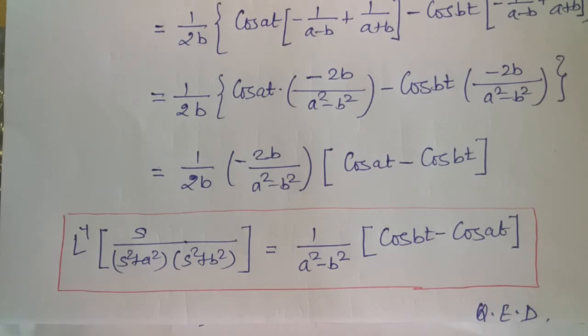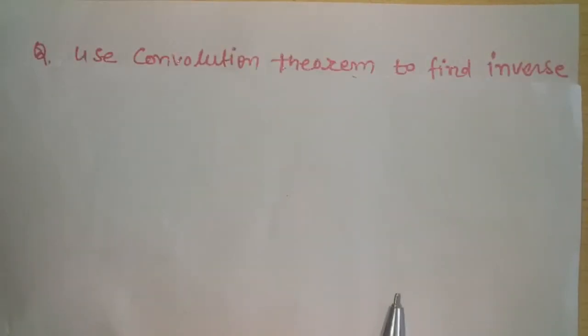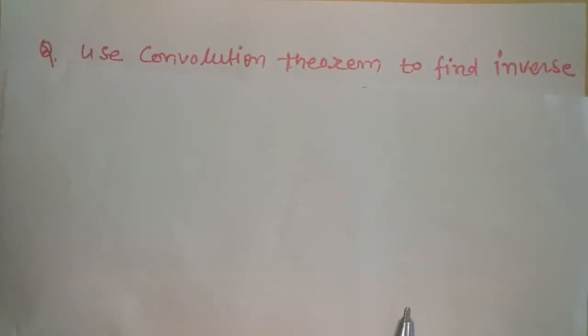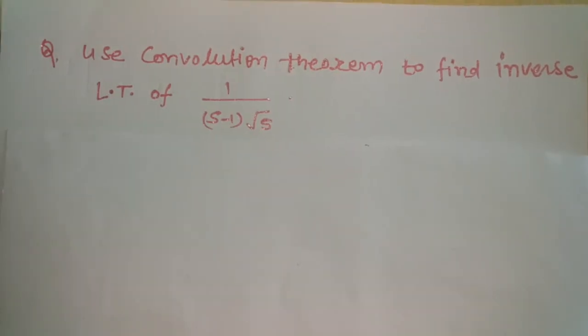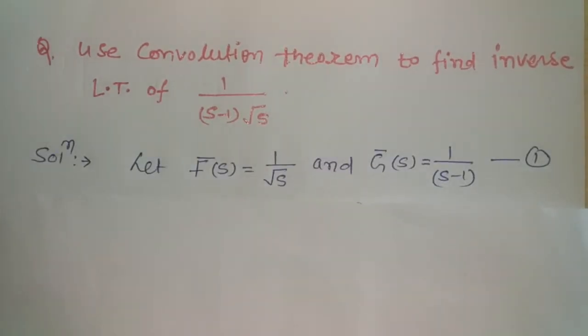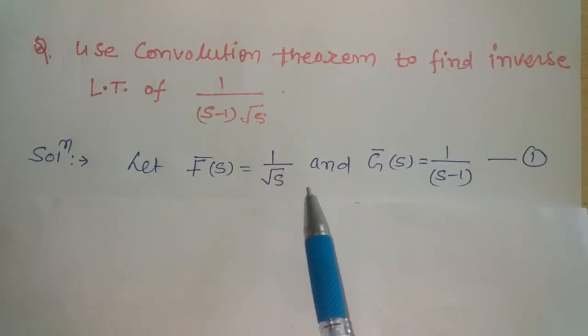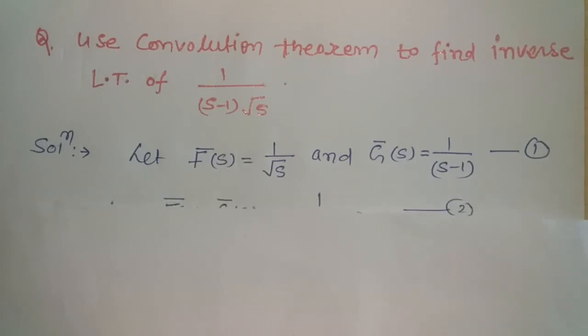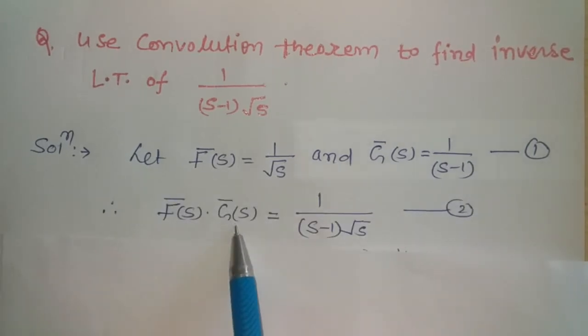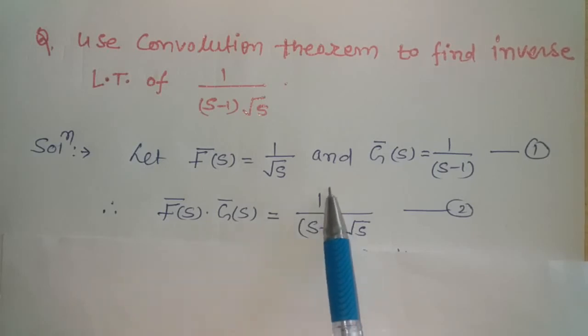So this is an important question. Next we take another important question, which is: use convolution theorem to find the inverse Laplace transform of 1 upon (s minus 1) into root s. So let f bar s be 1 upon root s and g bar s be 1 upon s minus 1. Therefore, f bar s into g bar s gives 1 upon (s minus 1) into root s, which is our